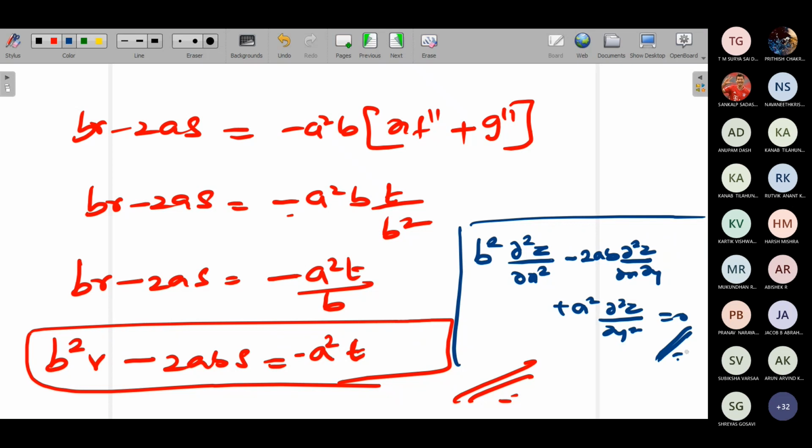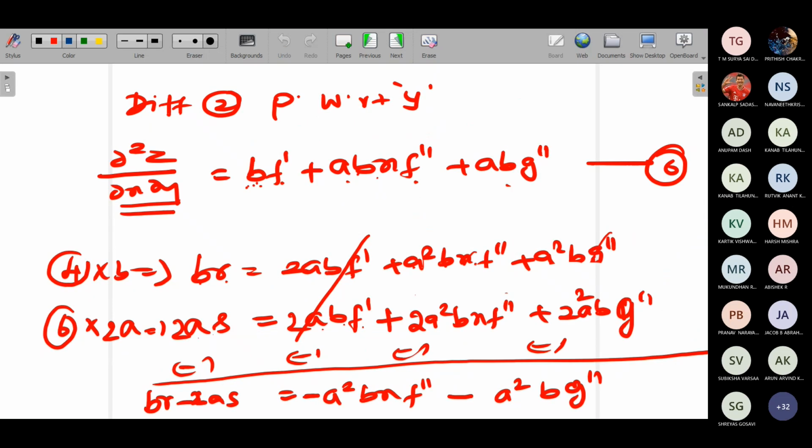You understood? Even if you multiply by a, you get f dash. From there again, somewhere you have to find the value of f dash, and again find the value of b dash and substitute it. Then you can solve it. Either way you can solve it, but this will be a little easier, so I just multiplied by 2a. Is it clear? Anyone has any doubts? Whenever you have two functions, it will be a little complicated. I won't say it is complicated. You just have to do it slowly so that we get back whatever we require.